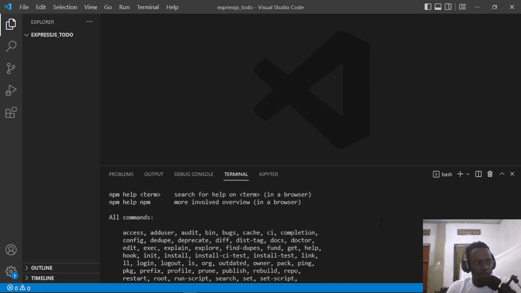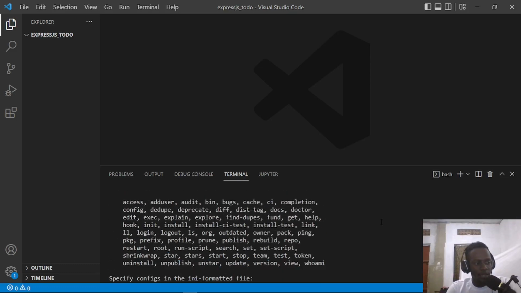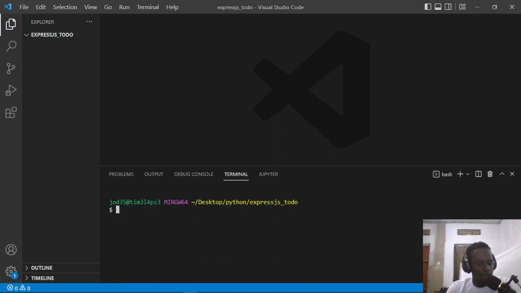So when you say npm, we see all the commands that come with npm, access, adduser. But what we are interested in is npm init, which is going to allow us to initialize a new Node.js project, or a new JavaScript project in this case. So I'm going to press Ctrl L to clear my terminal, and I'll initialize our project with npm init -y. I'm giving the -y flag because we do not want to fill in everything, and by saying -y, it's basically going to fill in the details for us. So when I press enter,